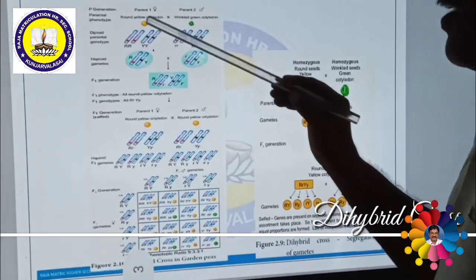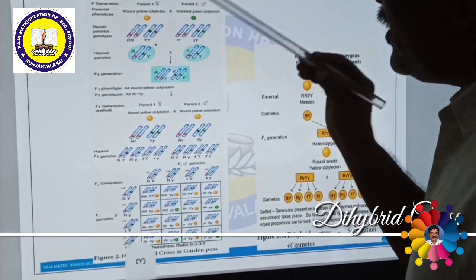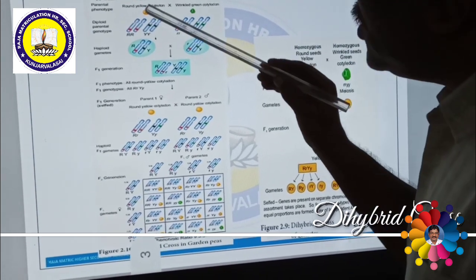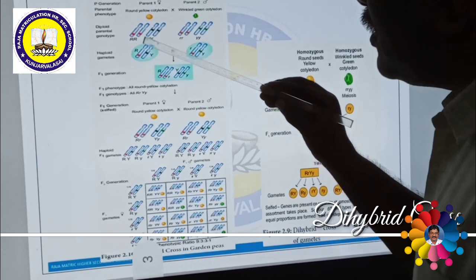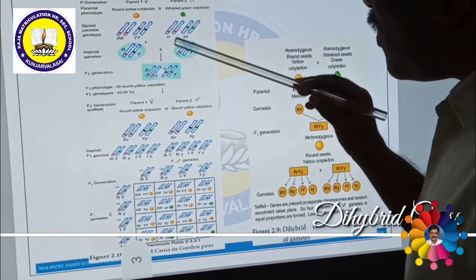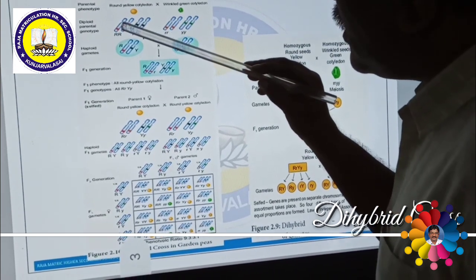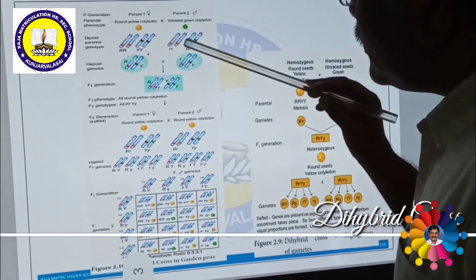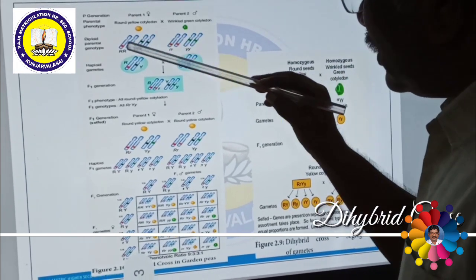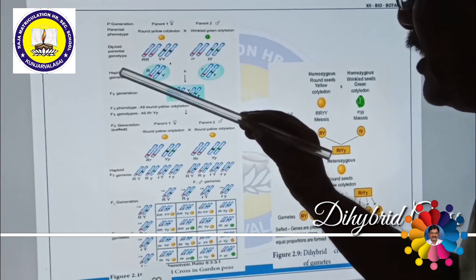Okay, right. Now this is a parent. What is the parent? A round yellow cotyledon. It is the female parent. It is crossed with a wrinkled green cotyledon, the male parent. It has a genotypic character. Round yellow means capital R, capital R, capital Y, capital Y. Similarly, the wrinkled green cotyledon has the allele small r, small r at one locus, and at another locus small y, small y. So this is round, this is wrinkled, this is yellow, this is green. So two contrasting pairs are crossed simultaneously, right?